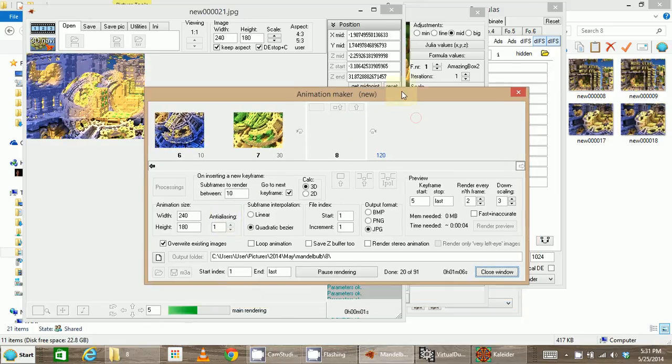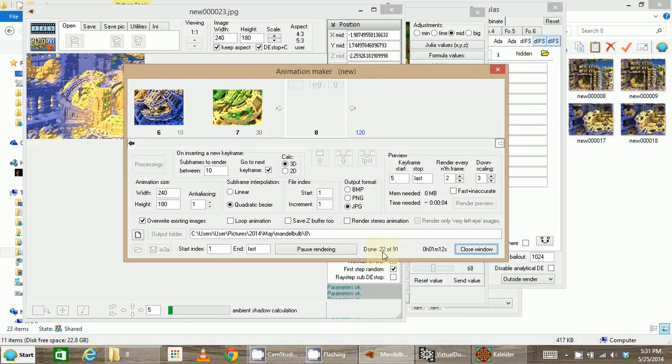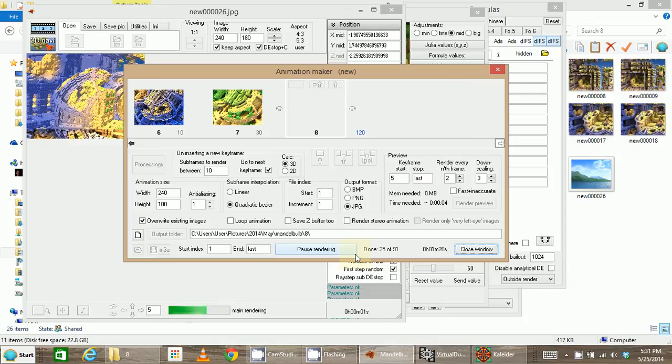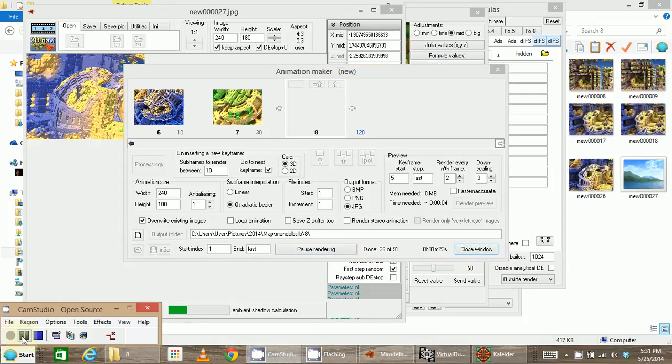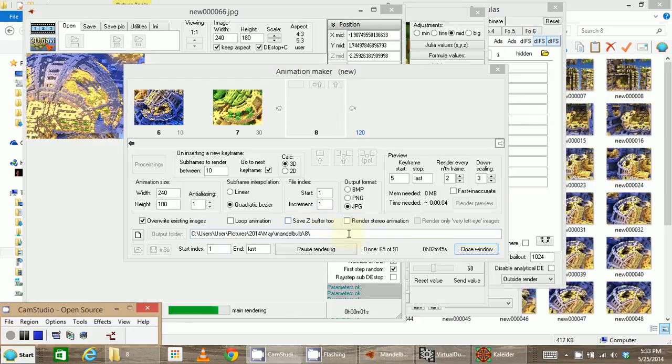So now we're down to 22 images, and it's taken a minute 14 seconds so far. So you guys don't get bored, I'm going to go ahead and pause this, and I'll be back when it's done. Okay, I'm back. It's not quite done yet, but one thing I wanted to point out